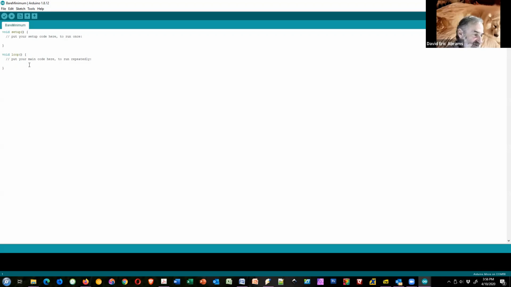Question? Yeah. So when you're setting up, are you defining your variables, and loop is where you do your functions? Typically, you define your variables before setup. In setup, you might initialize your variables or set other things up, like if you're using some external stuff that you'd like to turn on or turn off before you get started. We'll see as we go along the kinds of things you do in setup, but you do stuff in setup